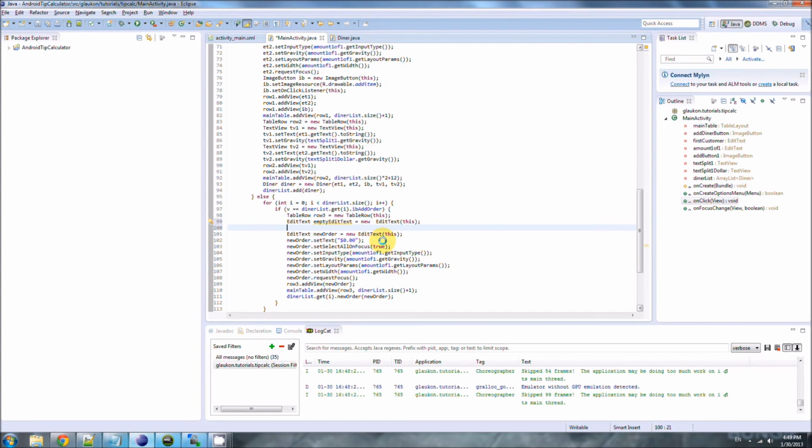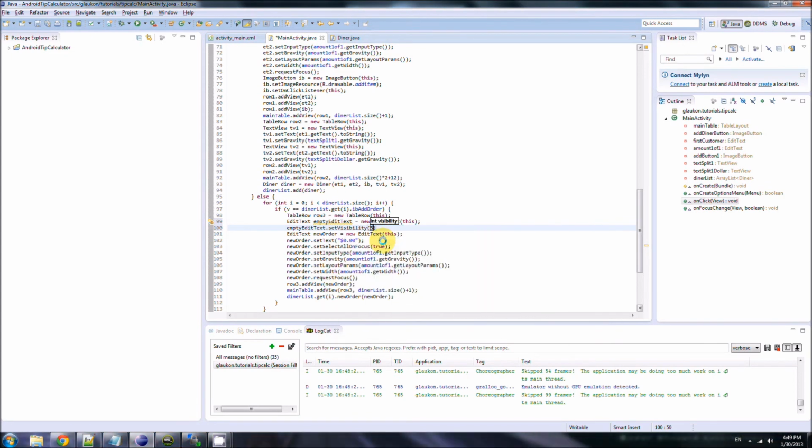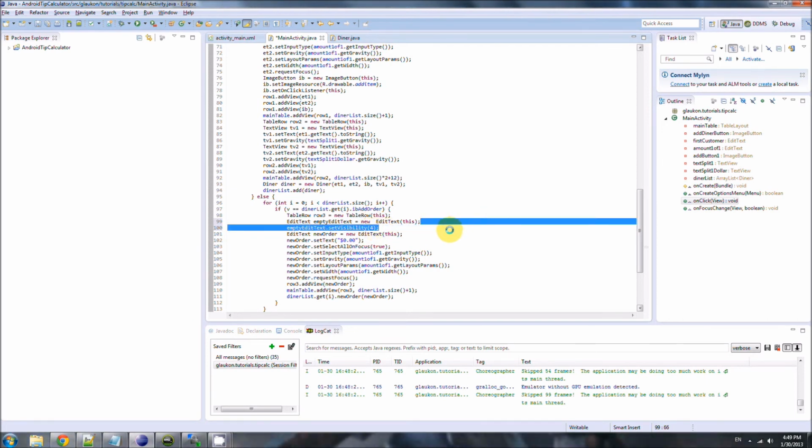All we have to do is do this. emptyEditText.setVisibility 4. So set visibility sets whether or not we can see this empty edit text or not. And if you want it to be invisible, just pass the number 4. I don't know why it's 4 instead of like 1 or 0, which would be more obvious, but it's 4 for some reason. So pass it 4, and then down here,